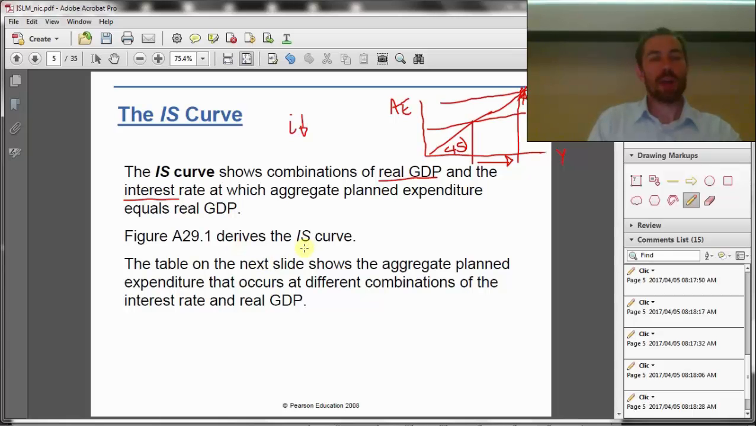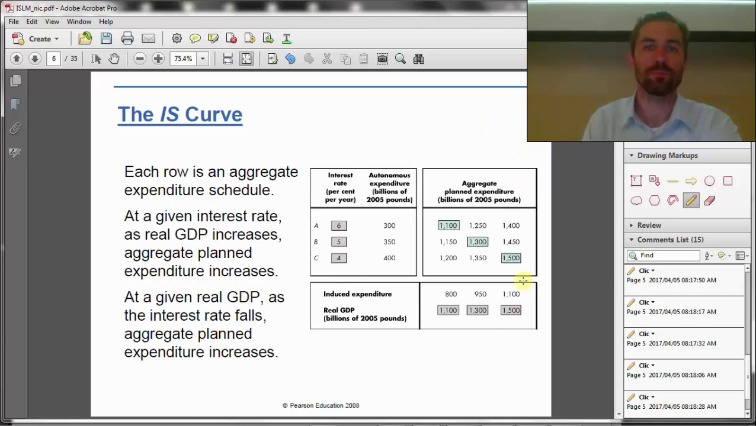So how do we derive the IS curve? First, let's just look at a table with some figures in it, and then we'll move those tables into a diagram. So we'll plot the figures from the table. Each row is an aggregate expenditure schedule, in other words, a point on our aggregate expenditure curve. So what we've got here is autonomous expenditure is 300 at some interest rate, 6%. As the interest rate